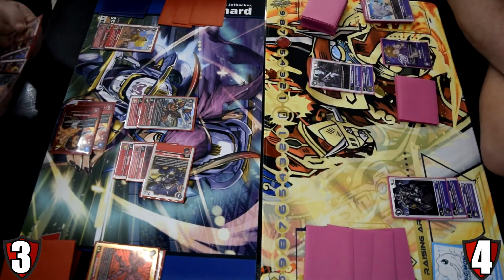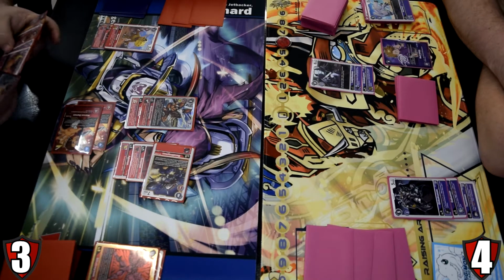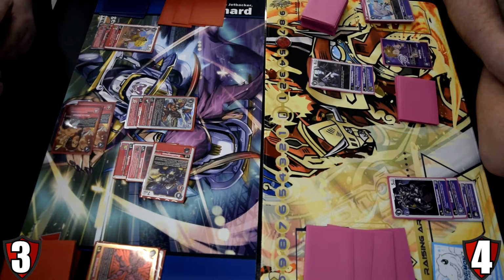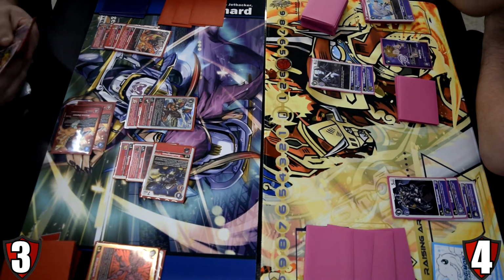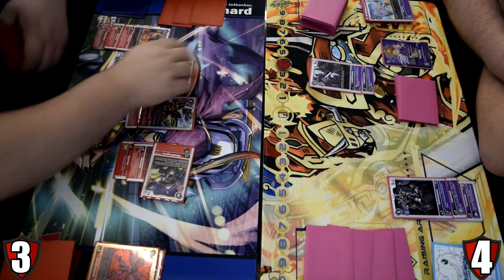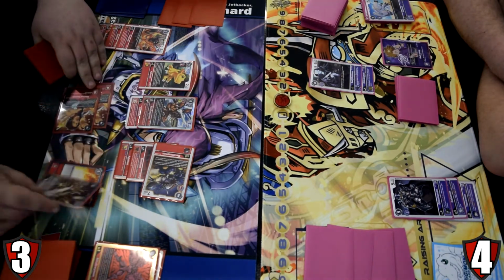Gazimon going to the trash out of security, which is honestly where we like to see Gazimon, because we do have plenty of things to bring it back. It is purple after all. We play with our trash. BT5